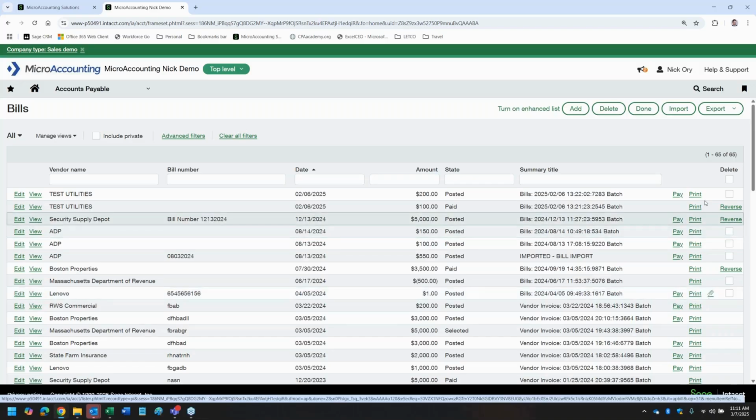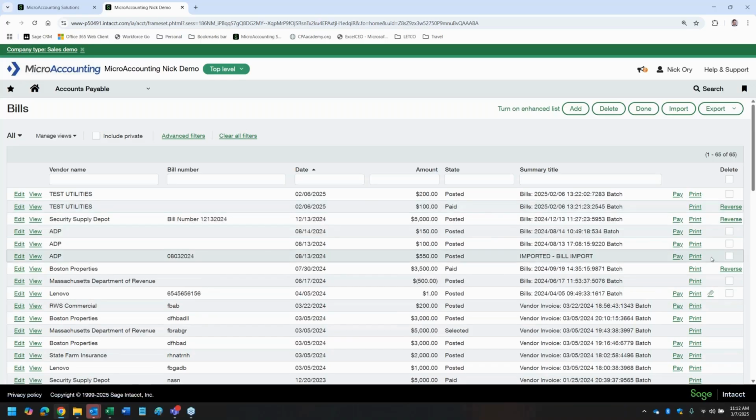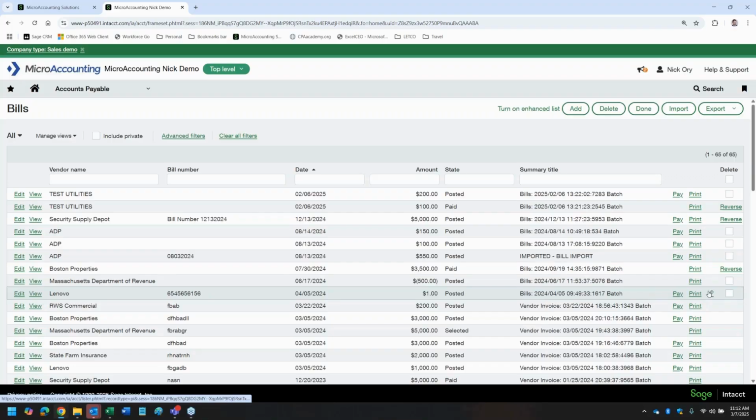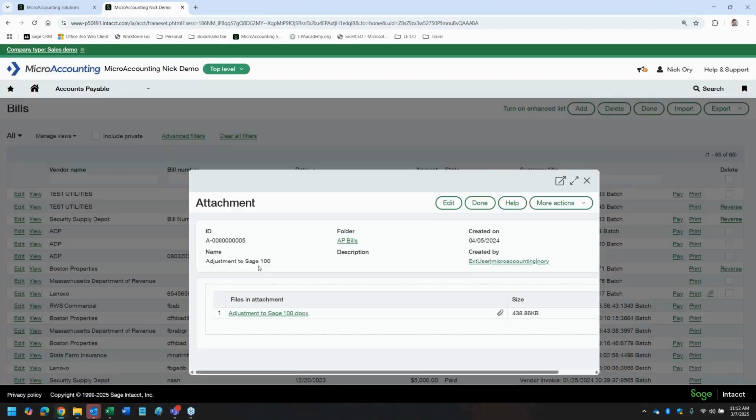This is our demo environment, so we don't get hung up on making sure that we have the documentation to back up a bill. But ideally, from an audit standpoint, you should have all your bills with an attachment on it. So again, you can see that. You can click on it from here, and it again will open up that attachment window, and then you can click on